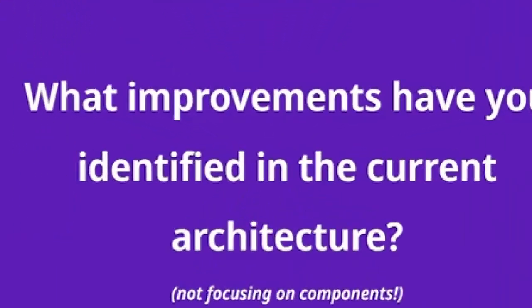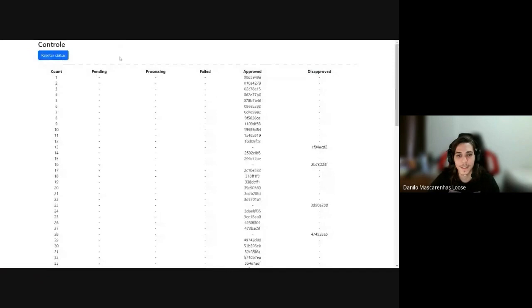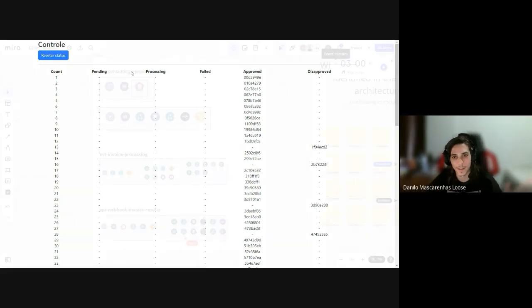And meanwhile, I will present that tab here that I've presented in the last webinar, that is basically the integration working visually. So we have the invoices, pending, processed, failed, approved, or disapproved, and we can see it working because our integration is deployed. So you can see the approved or disapproved or anything like that.